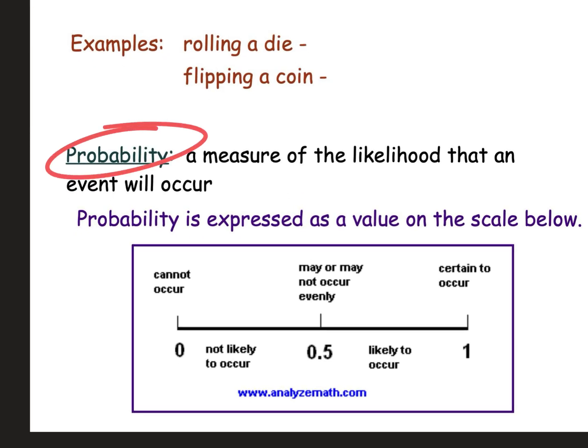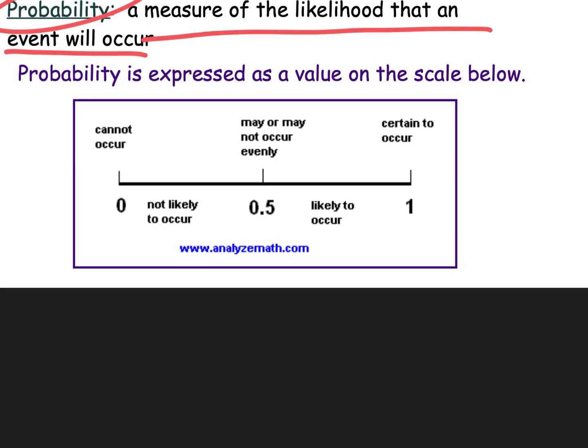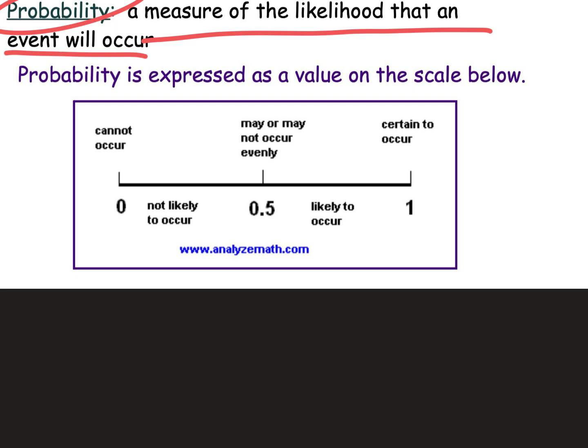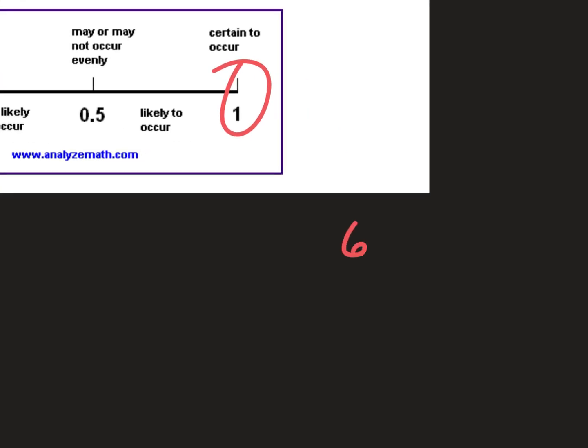The probability, I have my own definition that I like better than the measure of the likelihood that an event will occur, because I can show you how to get it. But I'll give you my definition in just a second. One thing that's really important is these are always decimals. And your answer for a probability question in our unit cannot be a fraction. You have to divide them and get the decimal. So if it turns out it's 6 ways to get a 7 out of 36, you can't leave it like this. You've got to actually divide them and get the decimal. This is like 0.164 or something like that. So it's always going to be a decimal.